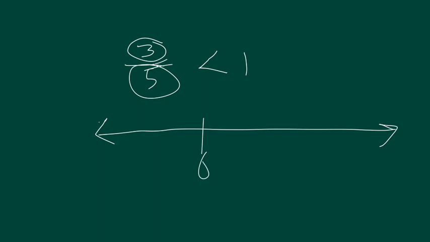Now, if you know where it lies, you don't necessarily have to convert it to a decimal. So what I mean by that is, sometimes you get an easy fraction like 3/5. Now, if you look at this fraction, you should know it is less than 1 because the numerator is smaller than the denominator. But for this particular problem, since it's less than 1, it's positive though, I can make